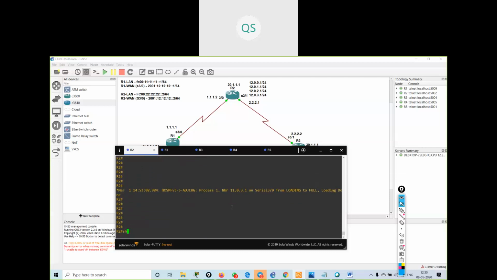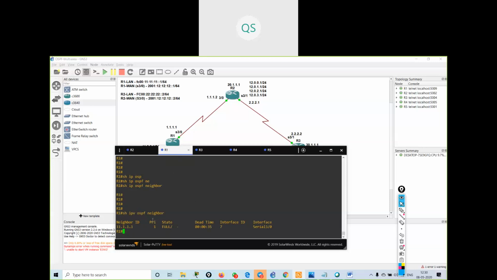Sorry, show ipv6 ospf neighbor. I'm giving the wrong command, that is the reason I'm not getting the neighbors. See, I got the neighborship with 11.0.3.1. Over here also, with ipv6 ospf neighbor, 11.1.1.1 is my router ID, neighborship with 11.1.1.1.